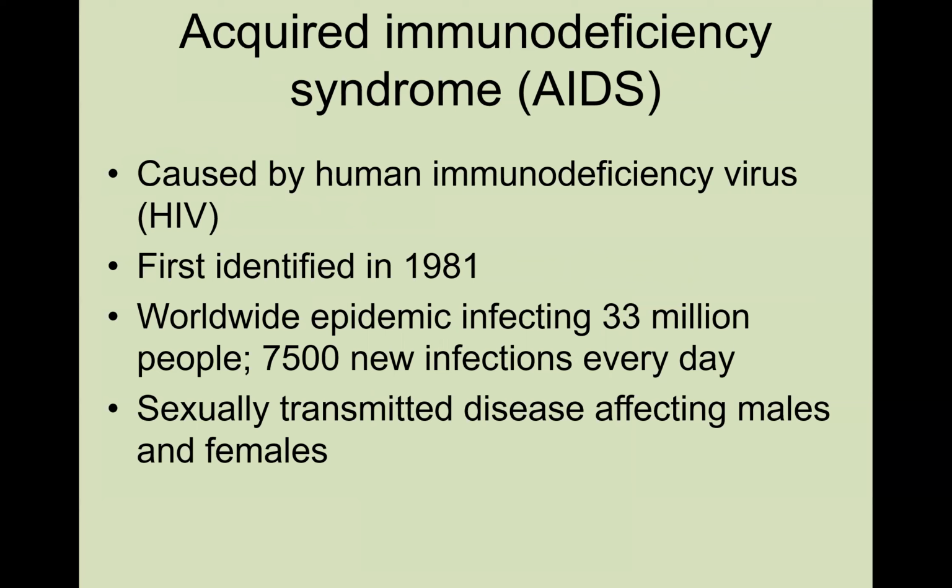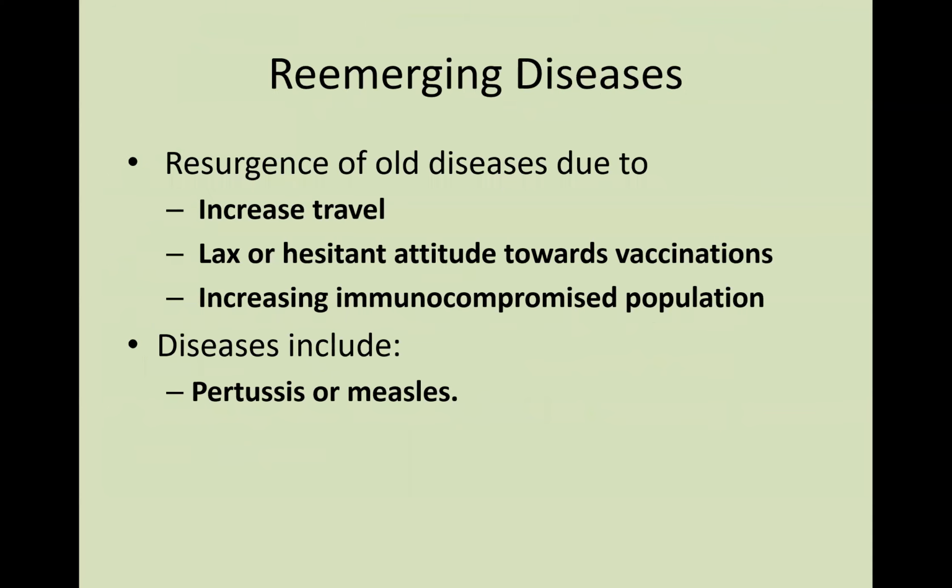And now it's not considered an epidemic, but a pandemic, because it's not just in the United States, it's actually worldwide spread that we've noticed. So epidemic is not technically the correct term anymore. We would now classify it as a pandemic. But it's a sexually transmitted disease affecting both males and females. Usually we'll see it with direct contact through sexual activity, but it can also be blood products and sharing of needles as well. But again, AIDS is the syndrome, the virus is HIV.